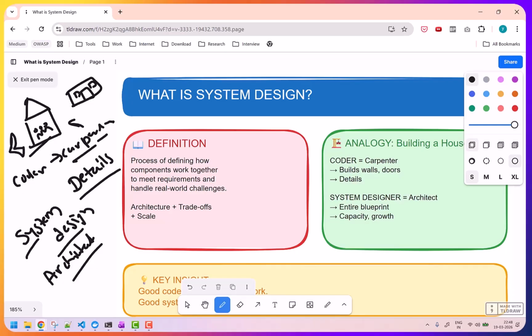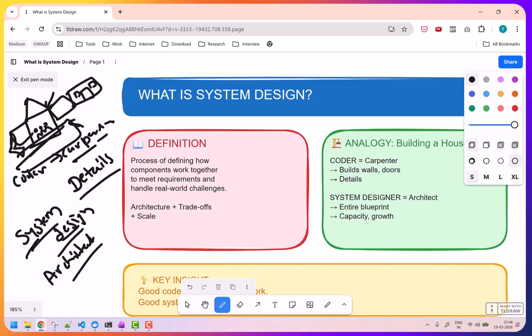What will happen to my house? How to make this house sustainable? Do we have a special foundation? Where would we place the plumbing so it will be efficient? What happens when the family grows? Can we add another floor? Can we extend this house further if our family is growing? What is our budget? Do we need to have marble floors or wooden floors? Where is the electricity coming from in this house? All these things we will think of from a system design point of view.